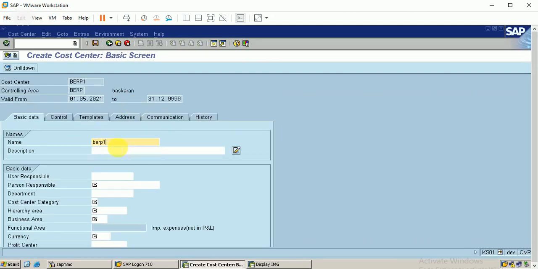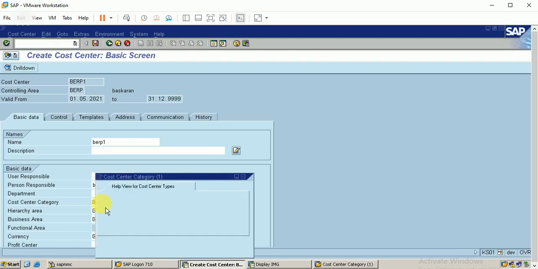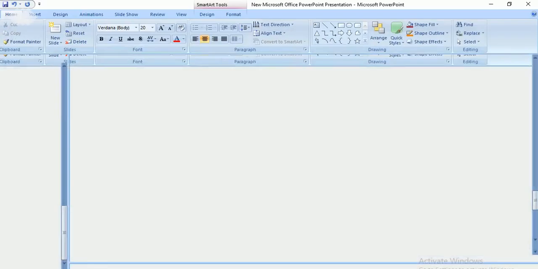Let the name be BRP. Okay, I'm giving my name. So here the cost center category, I'm linking the cost center category in this cost center. Before that, I want to search it.